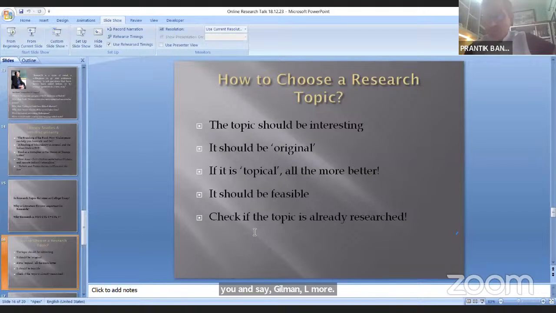It should be original. I won't dwell on it. It should be topical. You don't have to again go back to Shakespeare, although I have been talking only of Shakespeare most of the time. Your next research paper need not be on a Jane Austen or one of the Bronte sisters, or a Dickens or Hardy or Eliot. It could be something